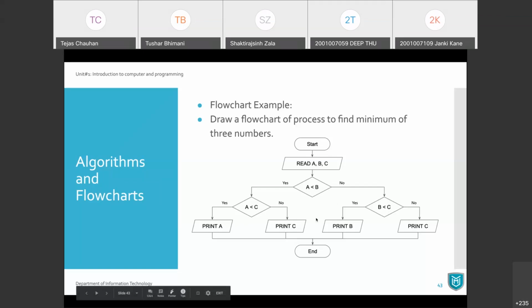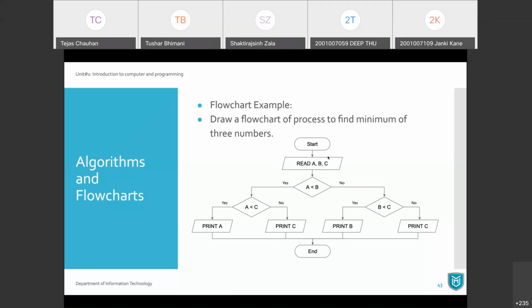Okay. Vyom is asking, in case of multiple inputs, comma is used for differentiating them, so is it permissible? Yes, look, read A, comma B, comma C. That is permissible here.